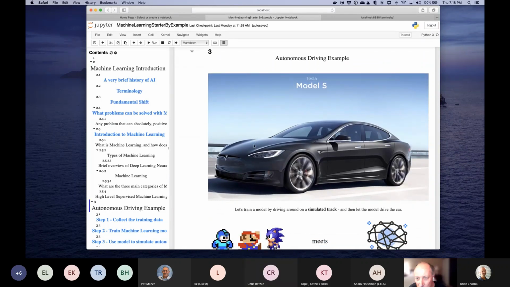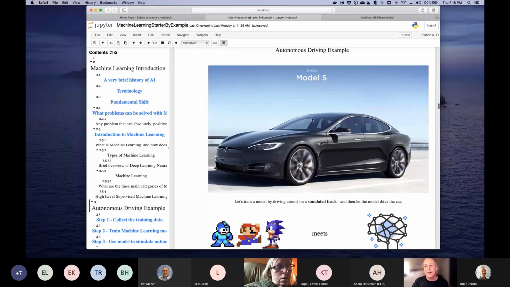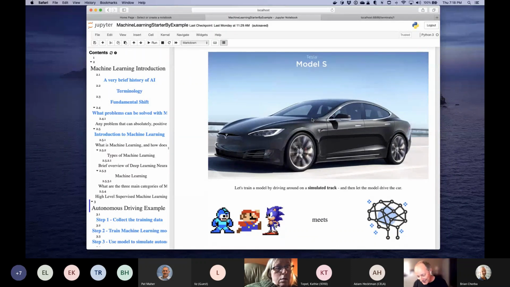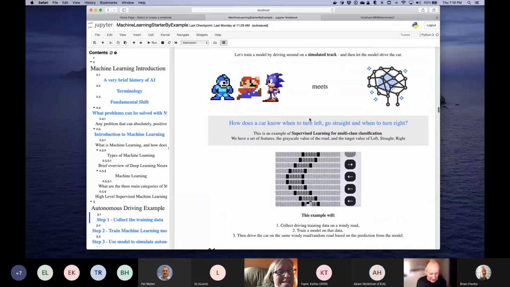All right, so there's the whirlwind machine learning overview 101 really fast. So now I'm going to try to jump into examples. So I hope that sort of laid at least some groundwork for us. And now I'm going to try to put some of the words that I just said into actual practice. So the first example I'd like to show you, I call it an autonomous driving example. We're not really going to use a Tesla Model S. I think of this particular example is like when 8-bit Mario meets high tech.